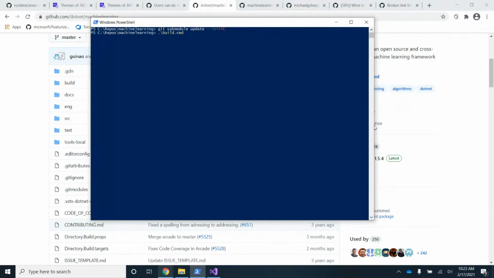Is this only the first time that I build it, or every time that I'm creating a build, I have to run this submodule update? So it's only the first time. Well, the first time that you clone the repo. So if you clone the repo in multiple different locations, you'll have to do it for each one of those locations because it actually,